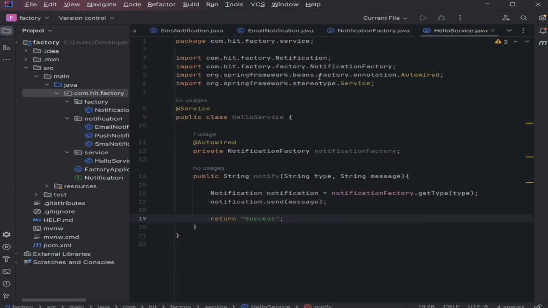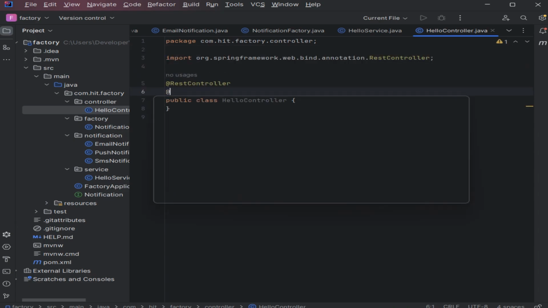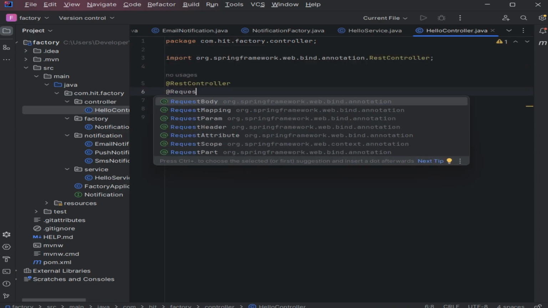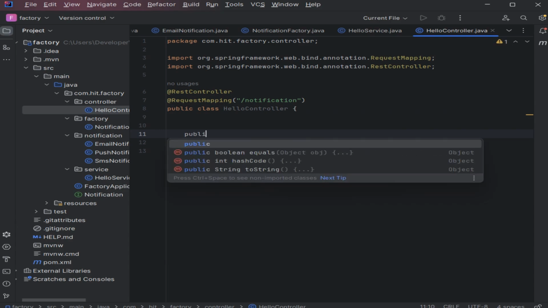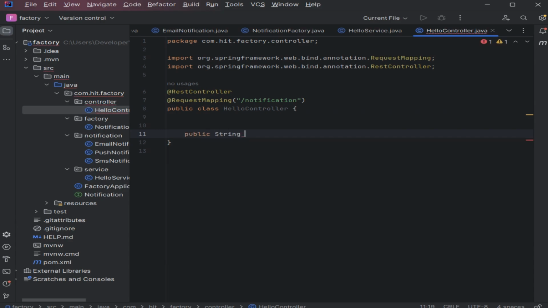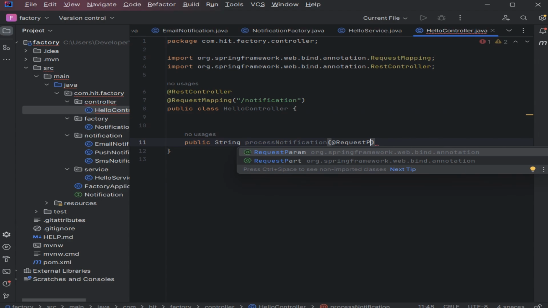Hello controller, this is a REST controller. I will do the request mapping, just request mapping slash notification. And public string process notification. In that I will have a request body,